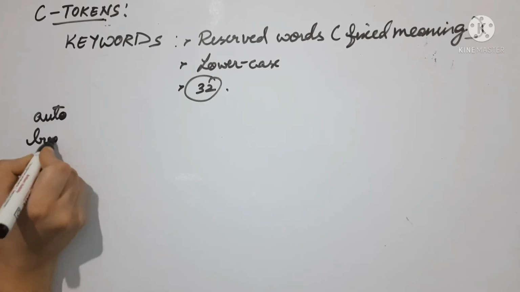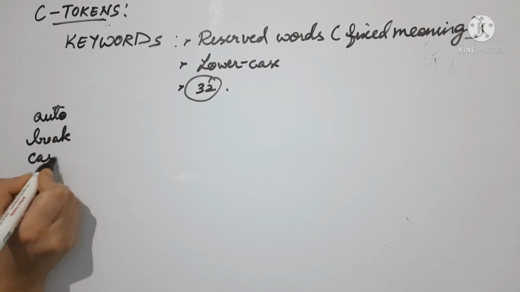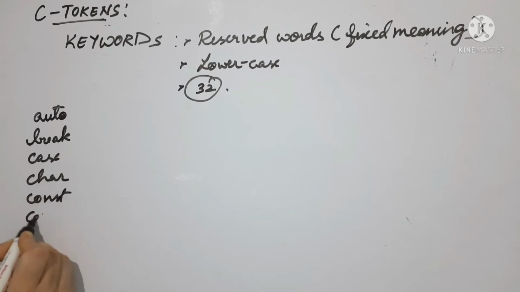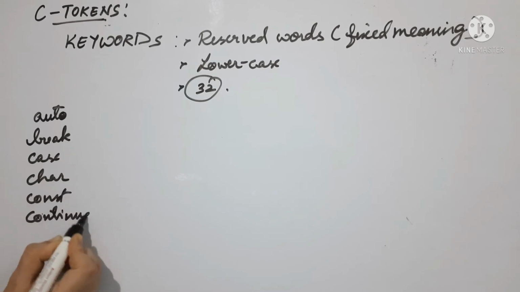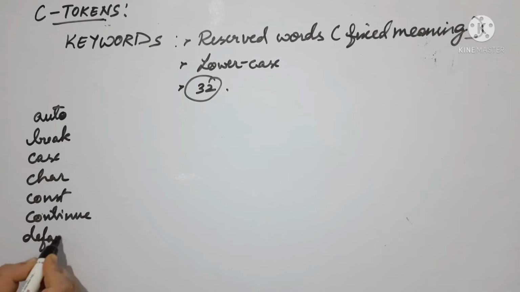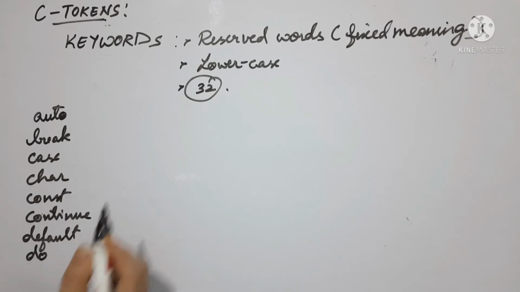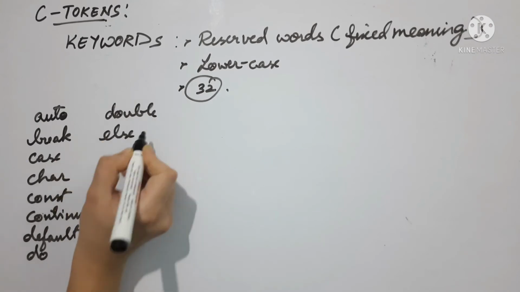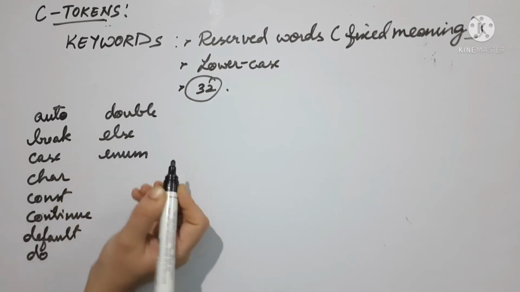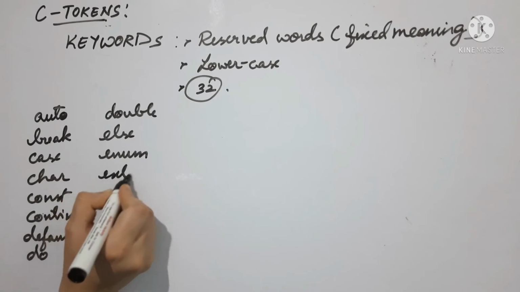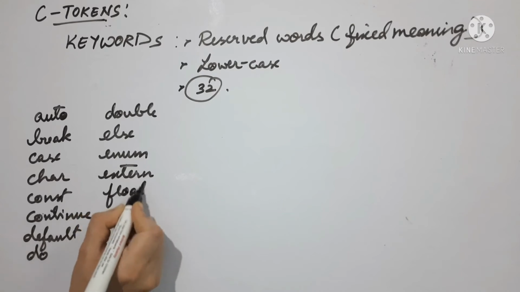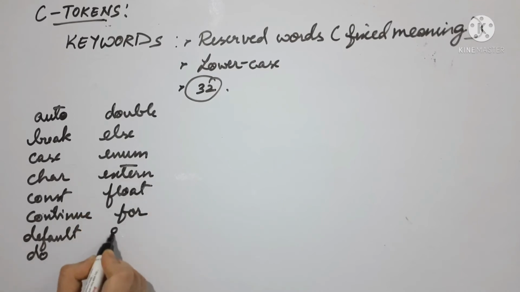Auto, break, case, char, const, continue, default, do, double, else, enum, this stands for enumeration, extern for external, float, for, goto, if,